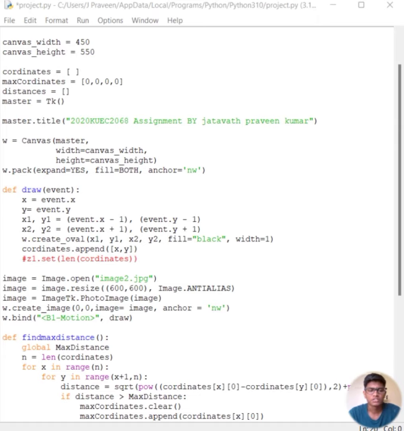Now, coming out of the function, the image variable is assigned image.open of the image. This opens the image, and then we resize the picture using the resize function, with image anti-alias. What is image anti-alias? Anti-aliasing is a technique used in digital imaging to reduce the visual effects that occur when